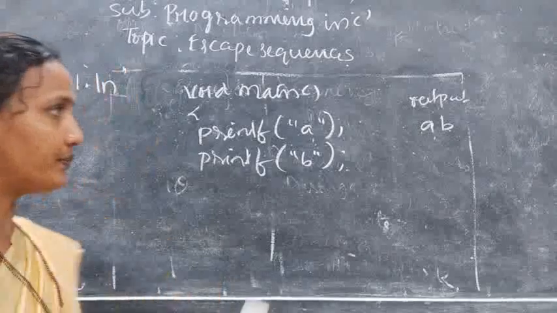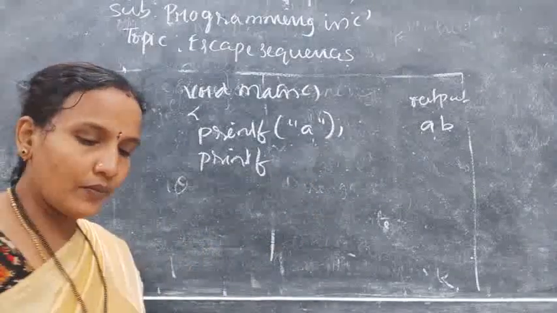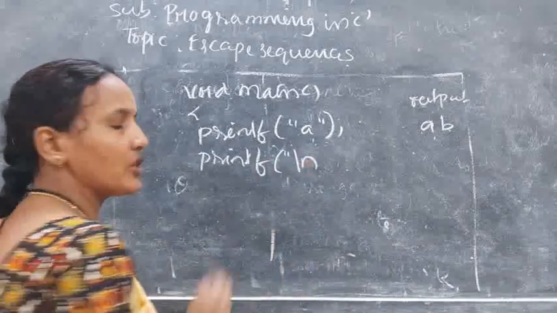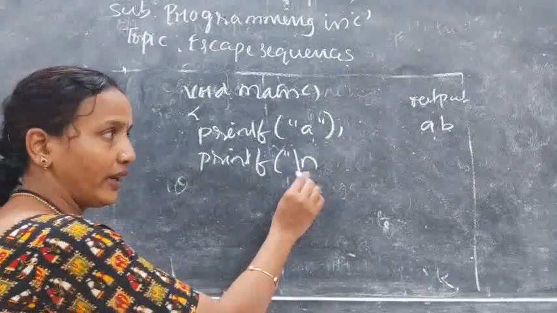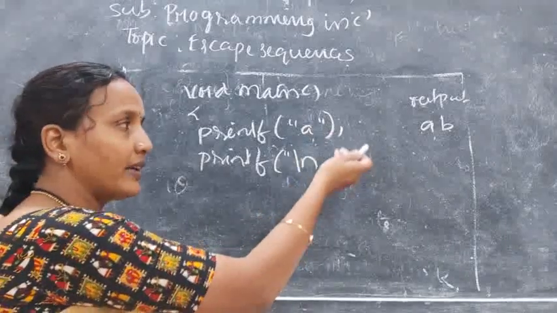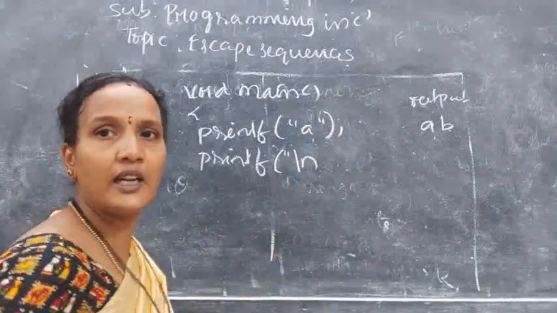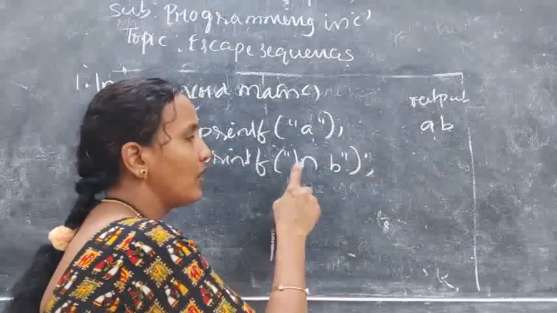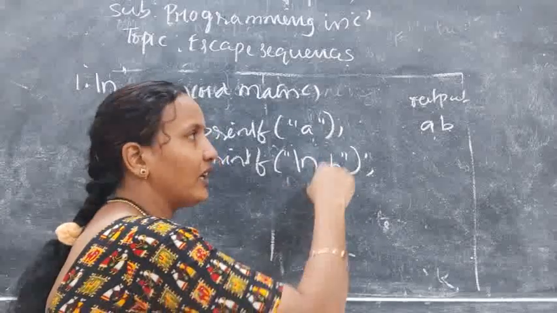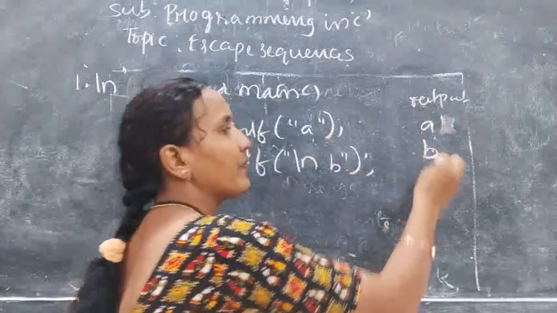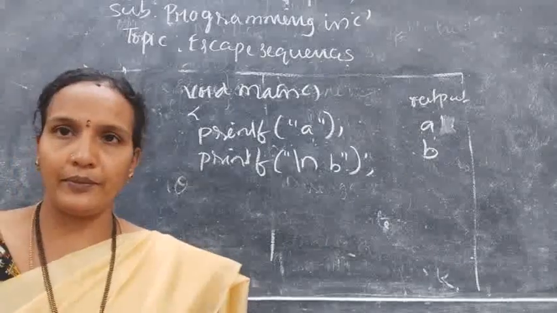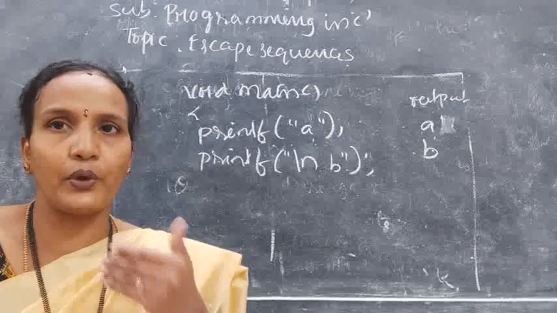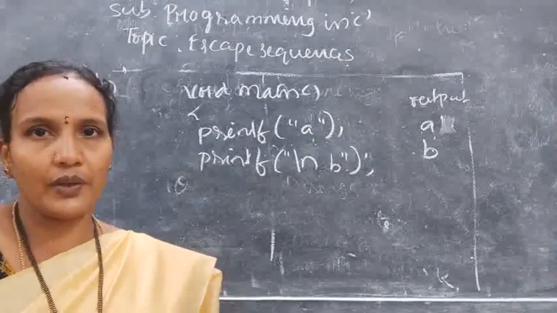Okay, so here, see, it is the output statement. I am giving backslash n. What is it? New line. Whatever string or character is there after this new line, that will be displayed in the next line. So here I am giving a P. Then what happened? Whatever character is following this, that will be printed in the next line. That is a new line. Okay, you write this for each and every escape sequence. You write one example or two examples.